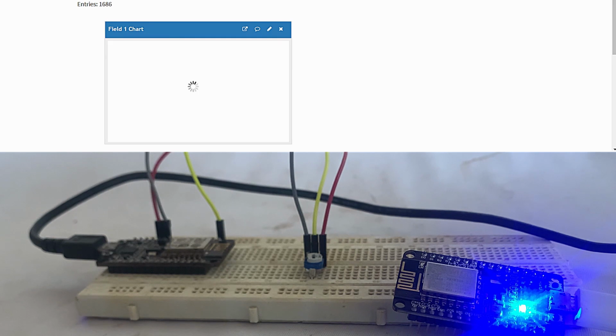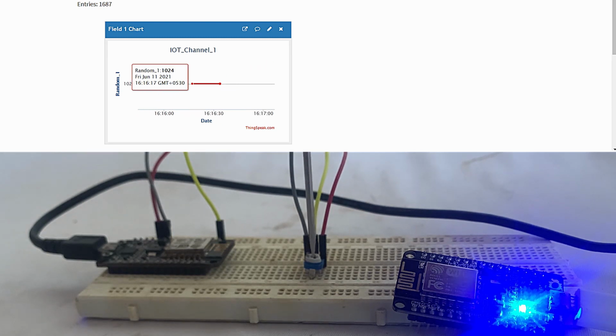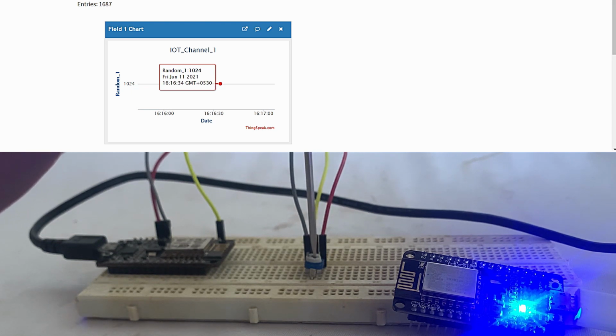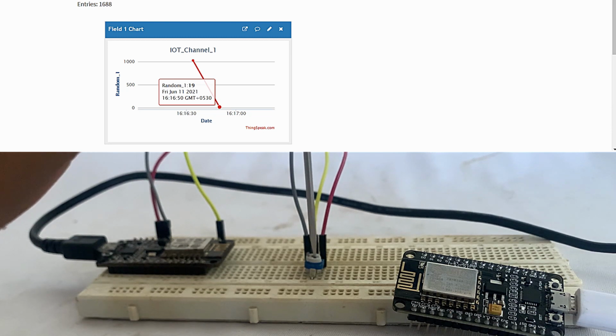Now when I refresh this page, you can see the latest updated data is 1024, which has been transmitted from the transmitter, so that my onboard LED in the receiver Nodemcu device is glowing. And when I try to reduce the step value by rotating the knob, again I received 1024 in the next 16 second cycle, and now you can see the LED is turned off because I reached the minimum value 19. Now the field minimum value here is 19, and now when I slightly increase the step value,